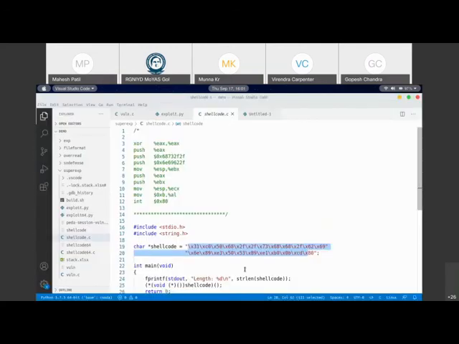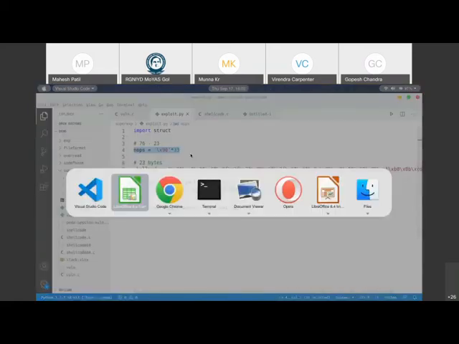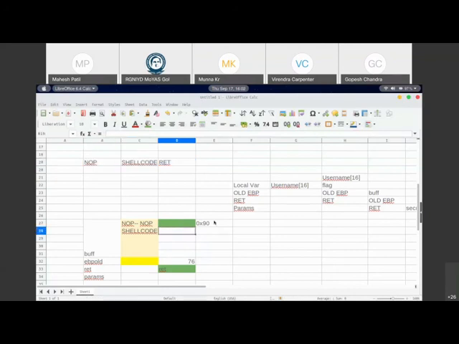So 23 bytes is the shell code, and I'm putting 33 bytes for the NOP instructions. So this is 33 bytes of NOP followed by 23 bytes of shell code, correct?